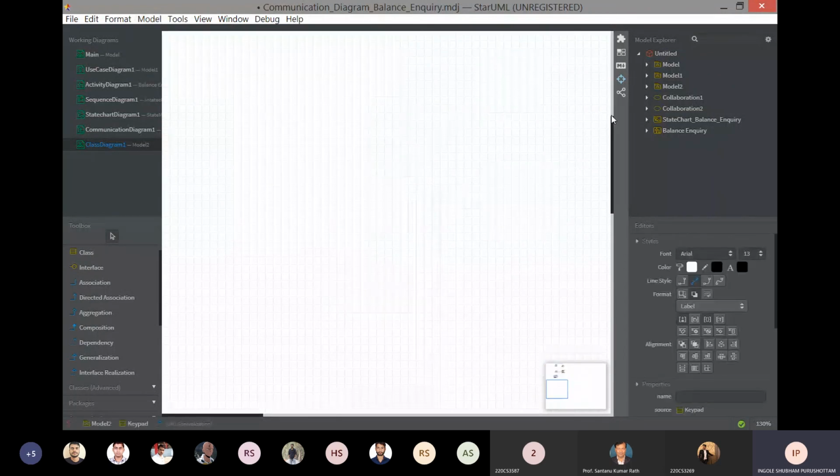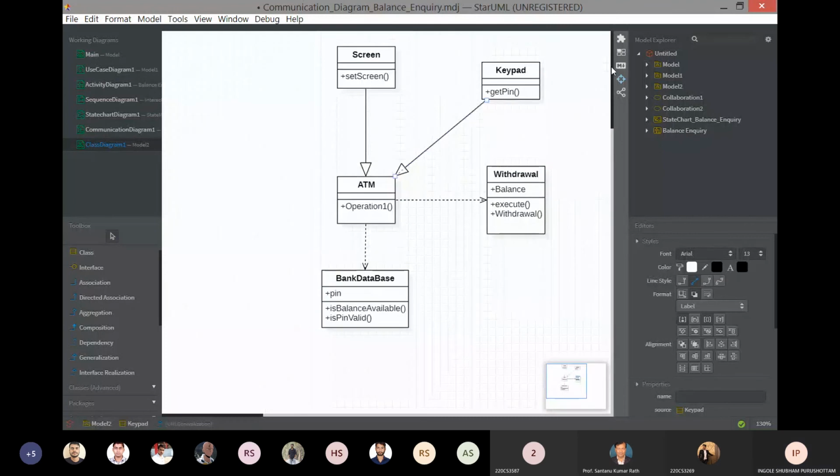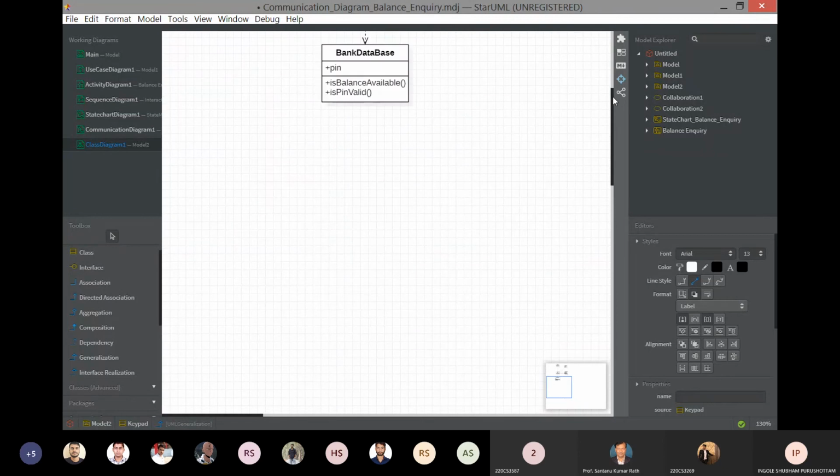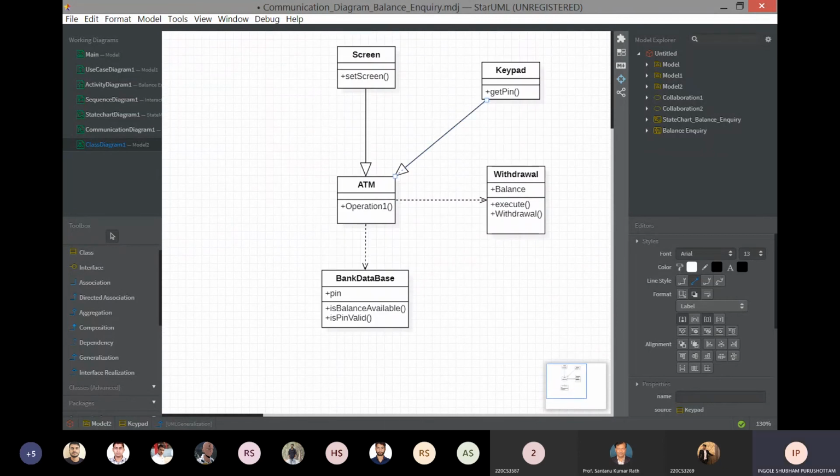So now everybody just try to draw the use case diagram. And you can share your screen after drawing the first use case diagram. Just find out what functionalities you can find in the ATM. Find out the use cases. Just try to draw the use case diagram. So everyone's with me? Yes, sir. So try to draw the use case diagram. If you have any difficulty, just ask me. Okay, sir.